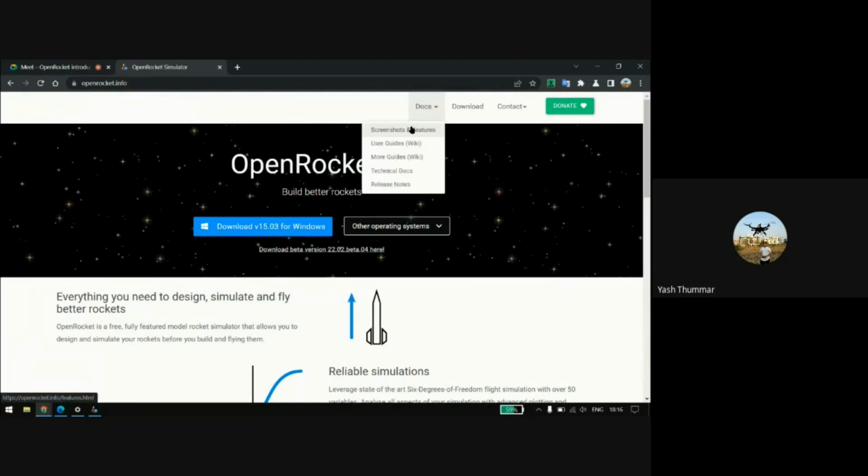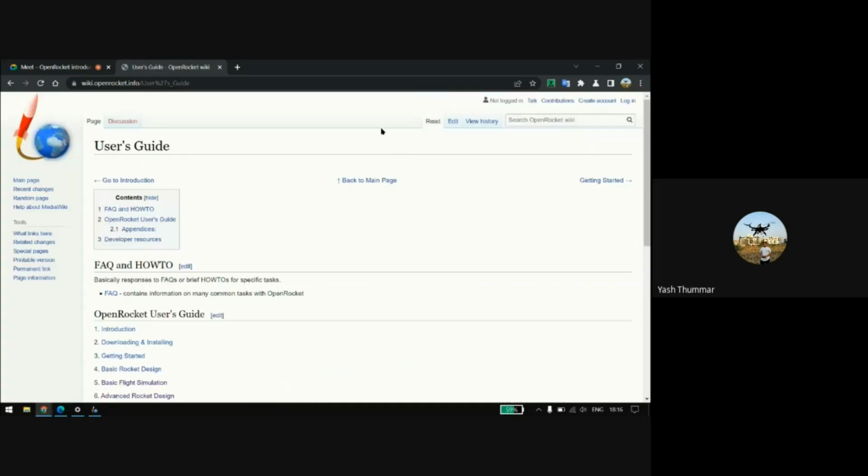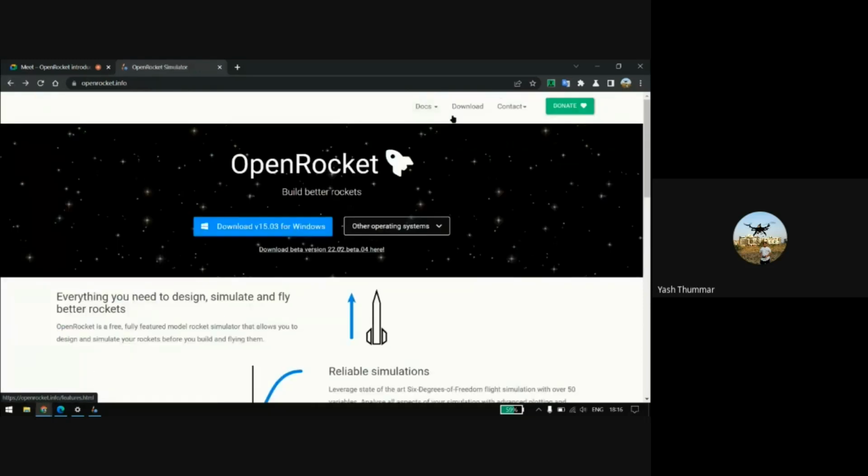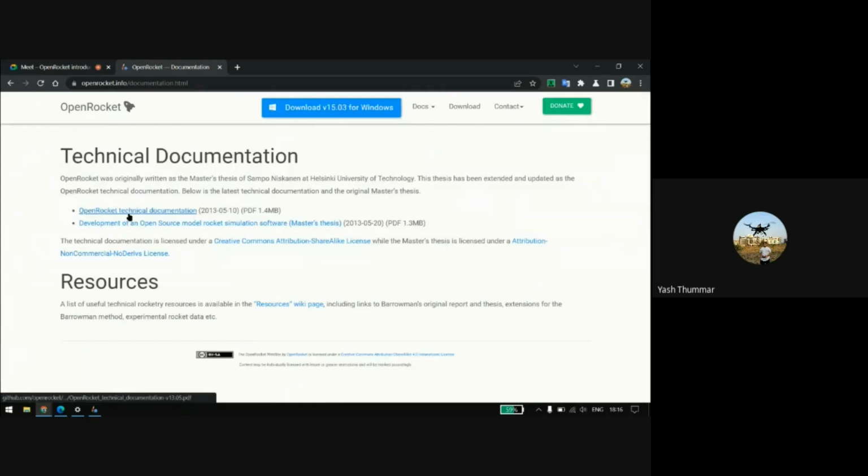In docs, you will find the user docs. Sorry, you may go to the technical docs, and you will find the OpenRocket technical documentation. It's a PDF.